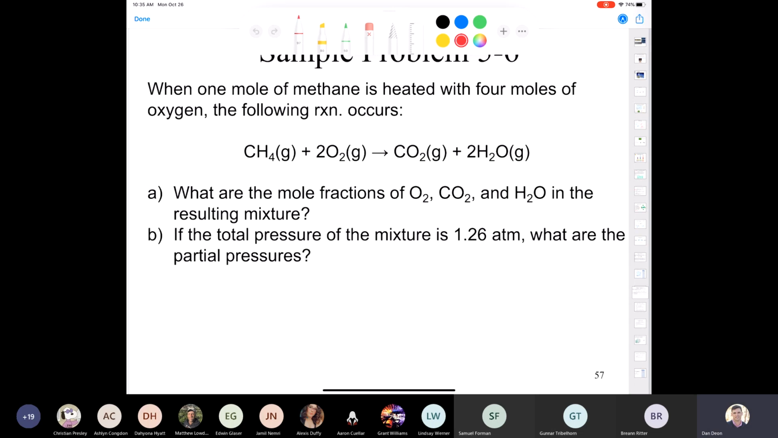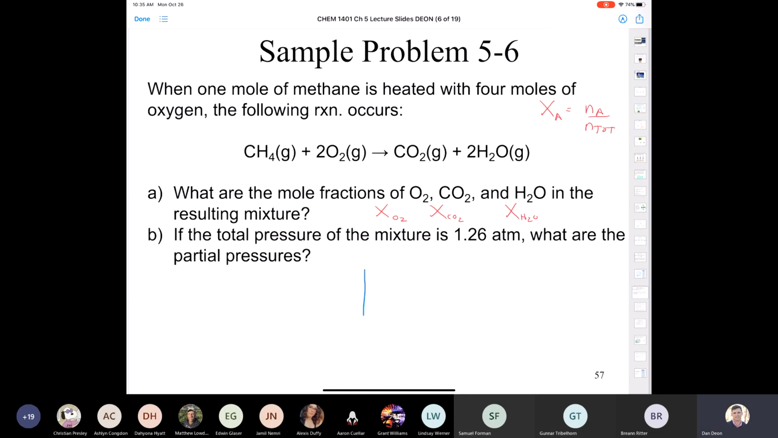All right, what it's asking for is the mole fraction of O2, the mole fraction of CO2, and the mole fraction of water. Well, remember that the mole fraction of A is equal to the number of moles of A divided by the total number of moles. So that means we have to determine the number of moles of carbon dioxide, water, and oxygen that remain after the reaction. How are we going to do that? Let's see. We're going to start out by rewriting